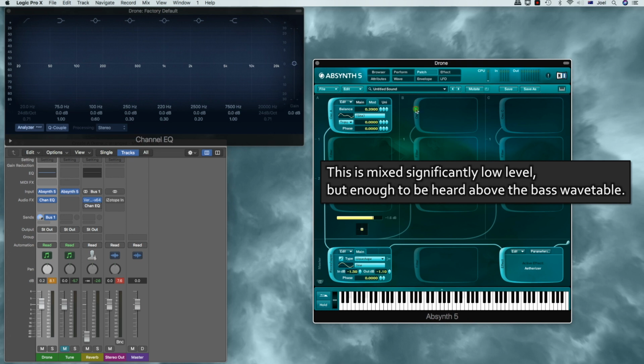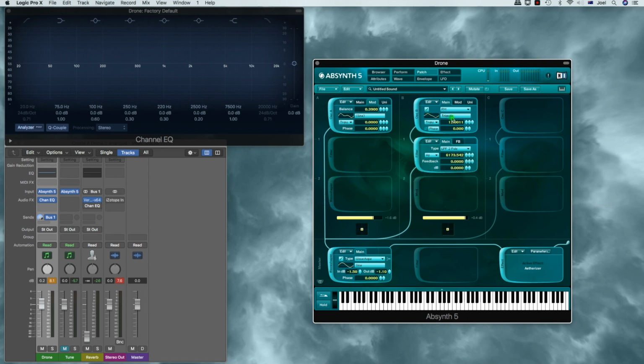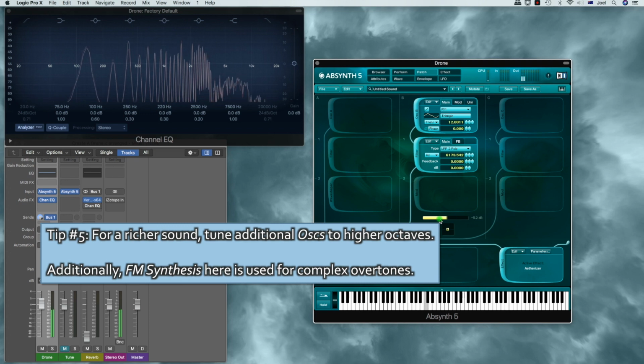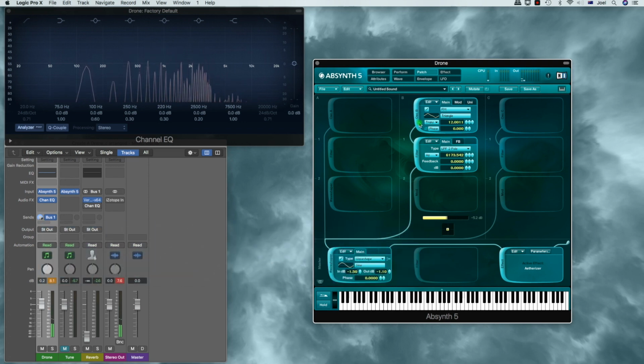I'd like to add another oscillator for even more texture in the sound, and this one gives a bit of a noisy texture. You can see this obviously doesn't sound as bassy, and it is actually a higher octave than the previous bassy sound. So if we add these two together,